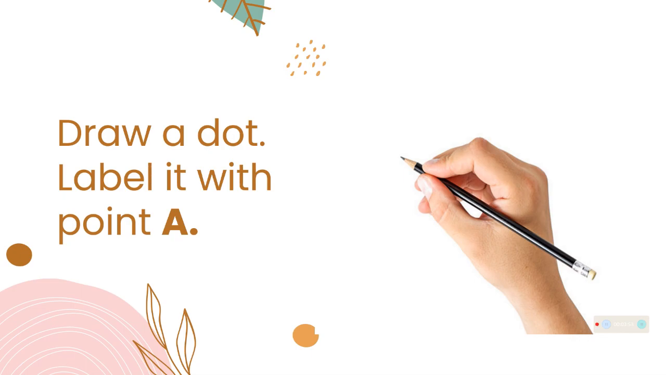Draw a dot. Label it with point A. I hope you can still remember. So you are going to draw a dot and label that with point A. So simply you will draw a dot and then have that as point A. Okay, so I hope you're doing good. Next, for the next slide, let us have